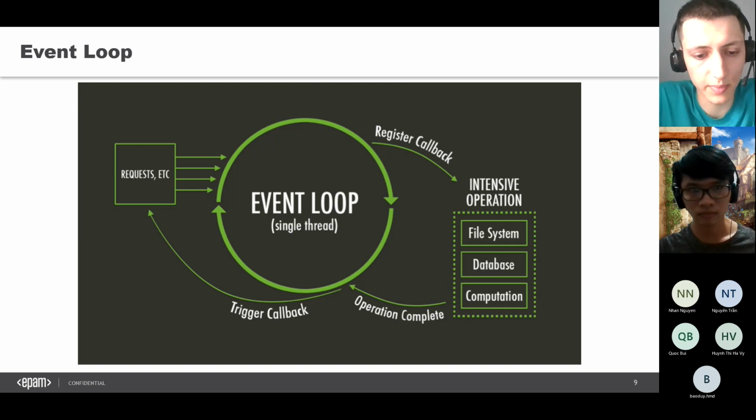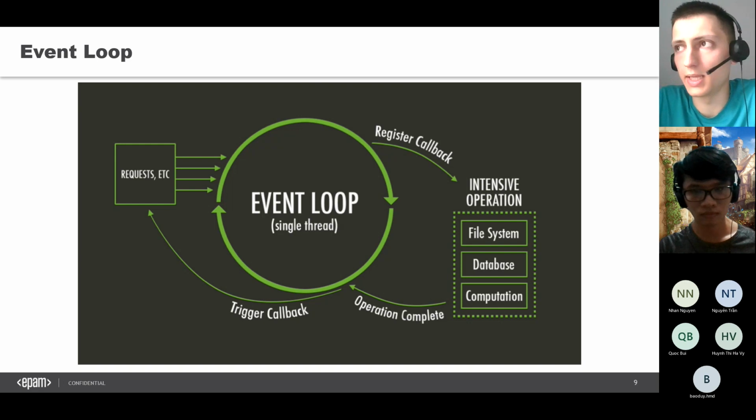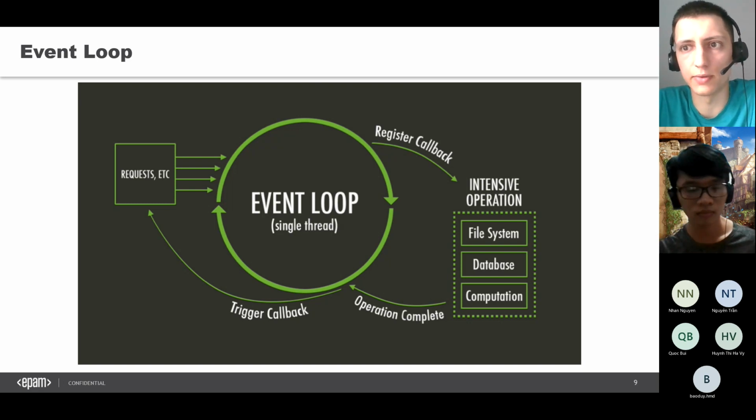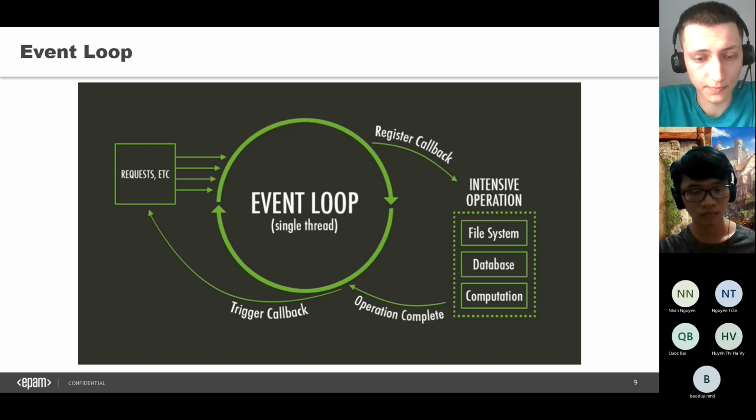It means that, for example, when you run your code, and in this code you need to do some time-consuming task, for example, when you need to wait for something. Let's say you want to make a request to some server. You want to get some data about a user, and you make the request. And you will be able to do something else in JavaScript while waiting for this request.